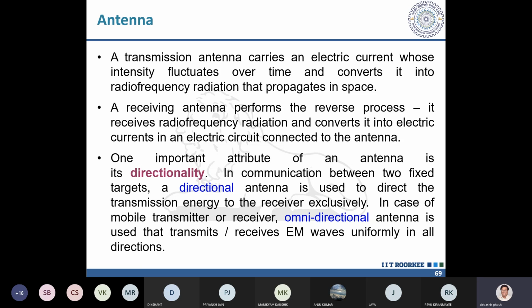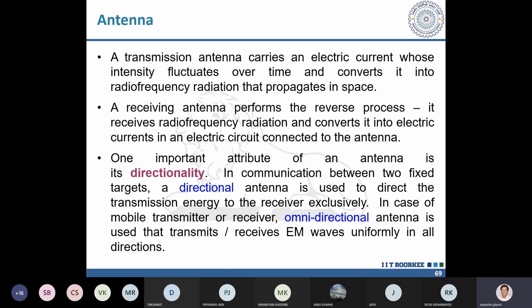Okay, an important parameter of designing an antenna is the directionality, in which direction. For example, the dish TV you have seen on top of your roof is directed, and that's why that dish TV has to be placed properly, aligned properly with the satellite, because it catches the signal from the satellite. If you put the dish TV in any other direction, you will see that your signal is gone. So directionality is something which is very important.